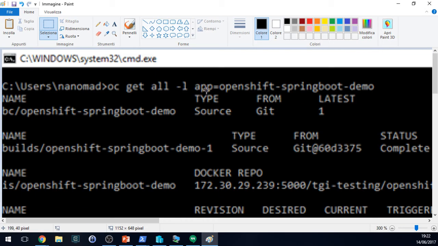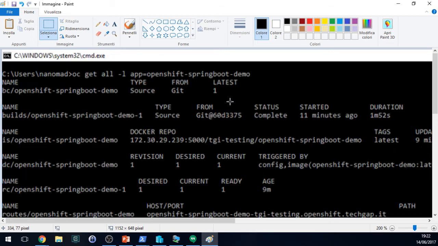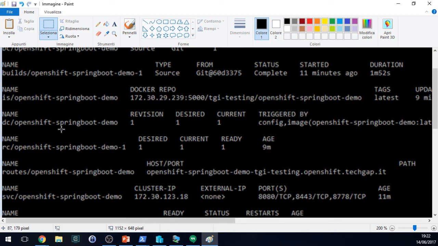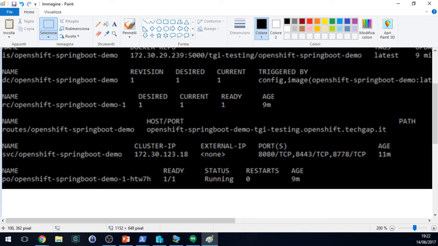Behind the scenes, if you ask OpenShift for all the stuff that is running on the cluster right now, we see there is a lot of stuff. We see things called OC, builds, IS, DC, which is a little bit cryptic if you don't read the documentation. But let's say that from a high-level point of view,